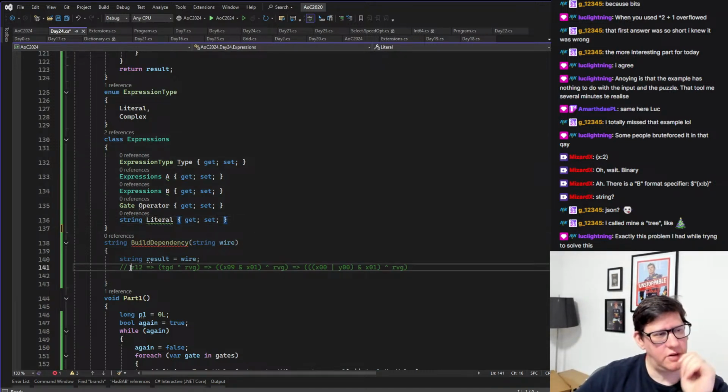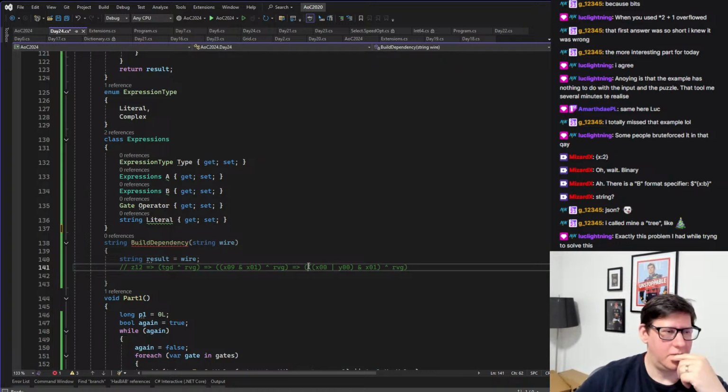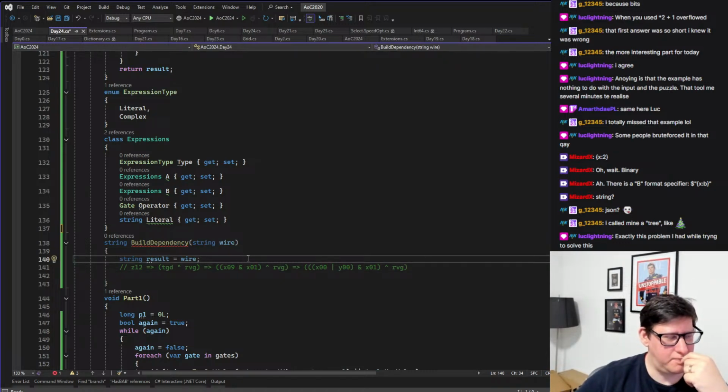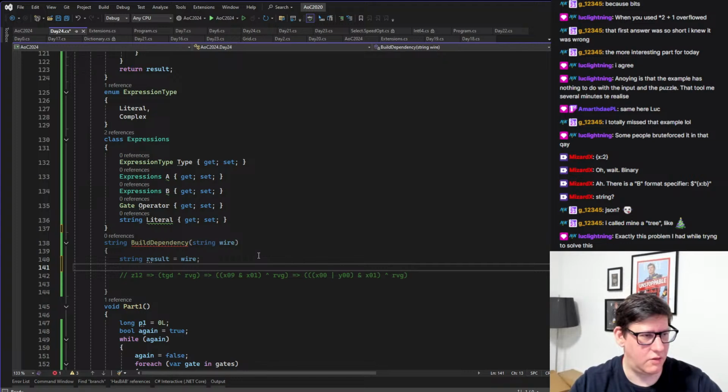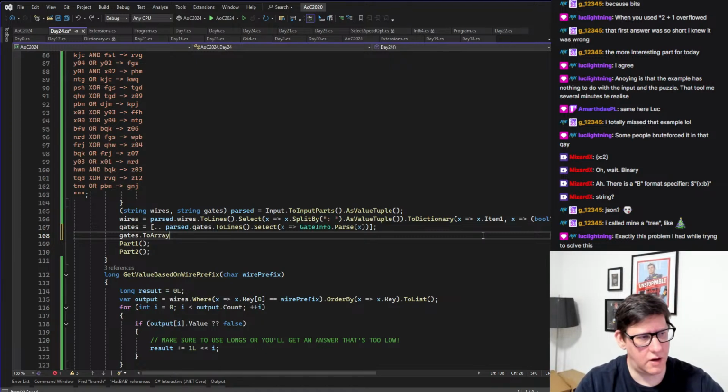But for me to just visualize it, actually doing a stupid replace would also just work, because it's always 3 character identifiers. I can just do a string replace every time, but it feels yuck. So I could do, I should probably have like the inverse of the gates here as a dictionary. So I could do gates to dictionary to dictionary,